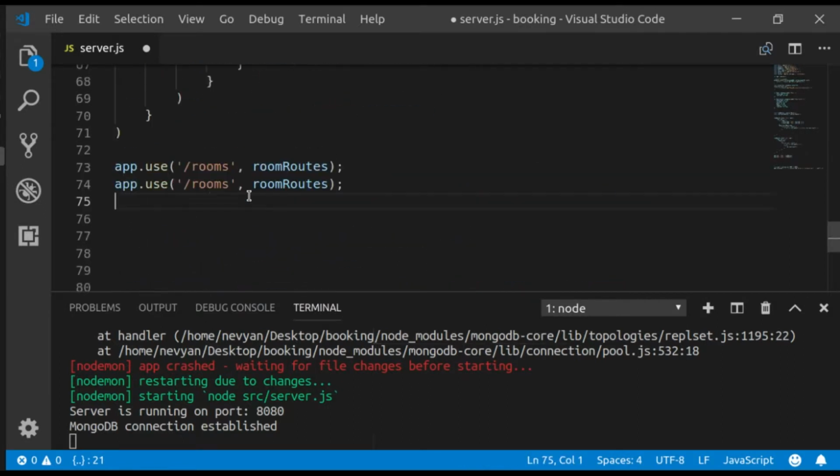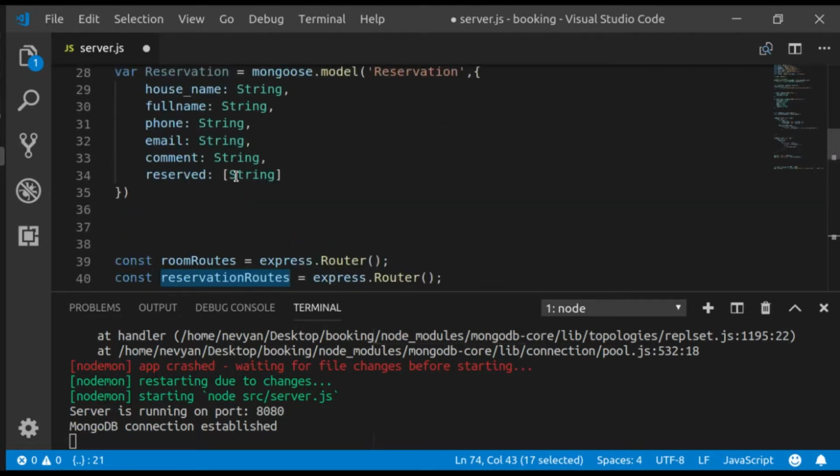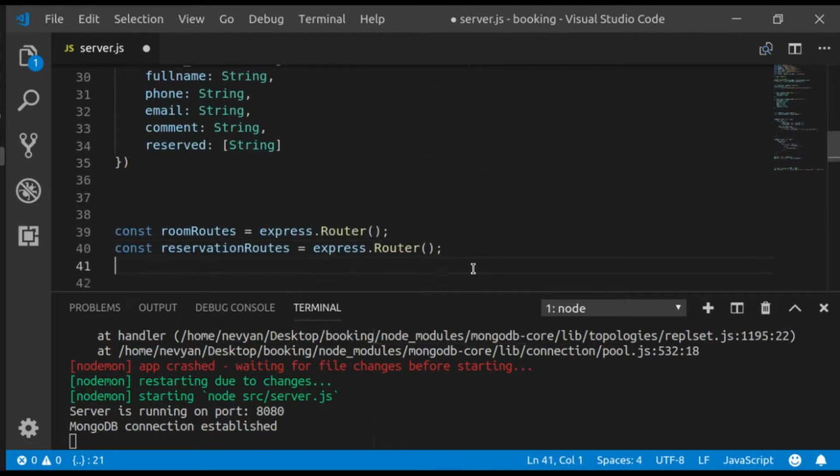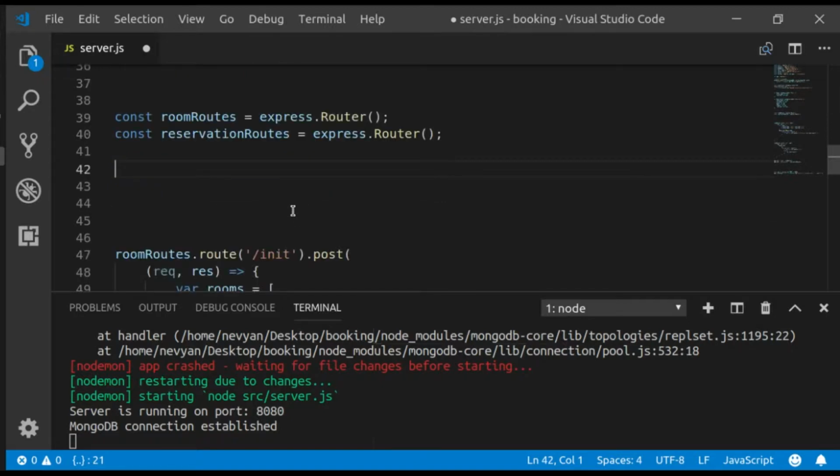And in the end, when we go to the URL reservation, we'll use these reservation routes. So we will handle all the requests coming to this path via the reservation routes. Now we are ready. We have the model, we have the path and the router set up, and we can use our reservation routes. The first thing we would like to do is to grab all the reservations, so we